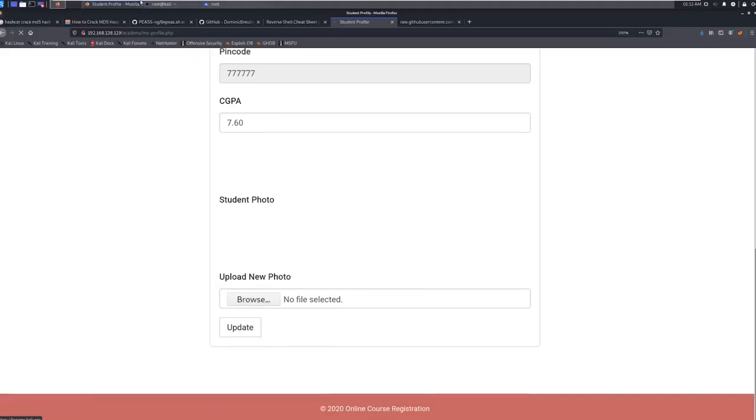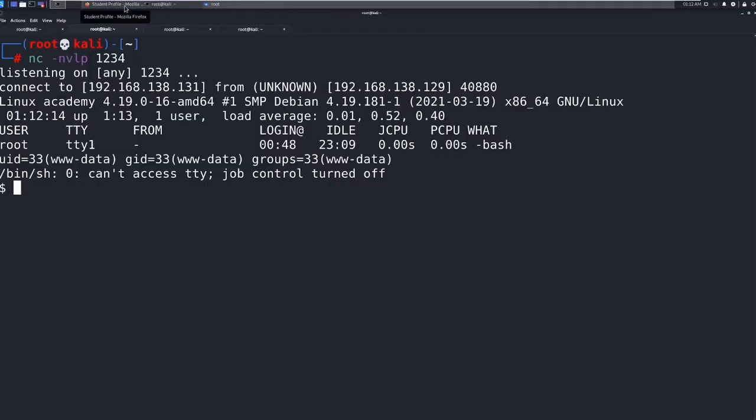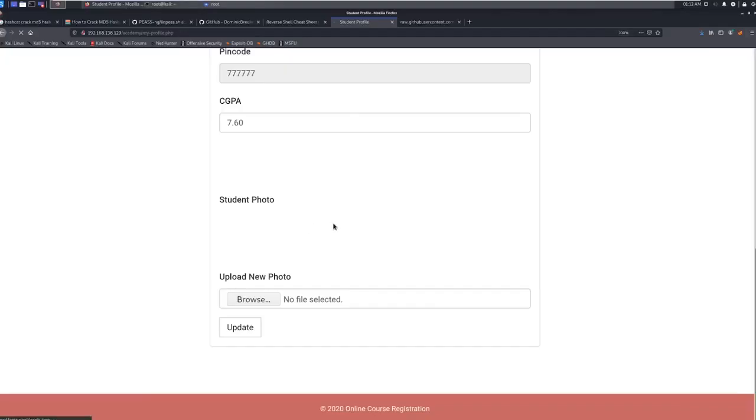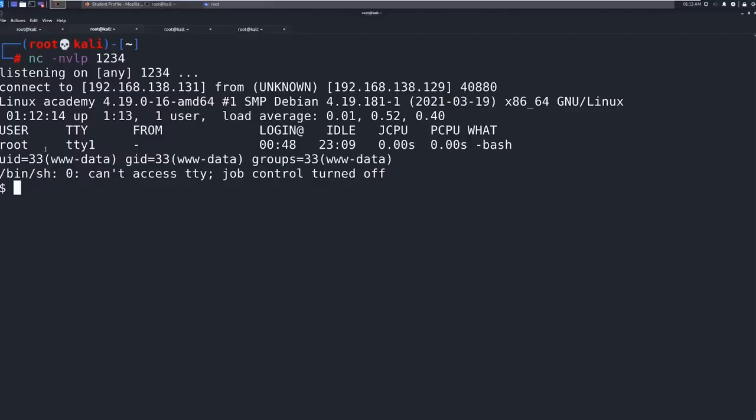You can see nothing's happened. Let's see if it tries to execute. Oh, it already executed. So we don't even have to right click and go to that location. It already executed that file when it loaded this page, which is crazy. So we have a shell here, which is great. So if we do a whoami,